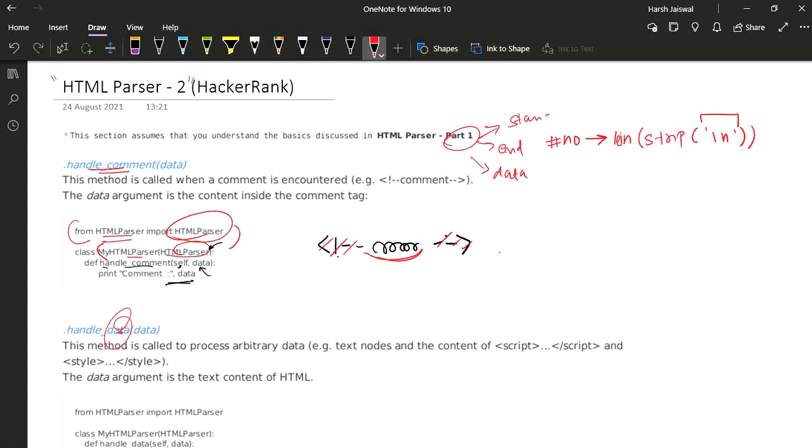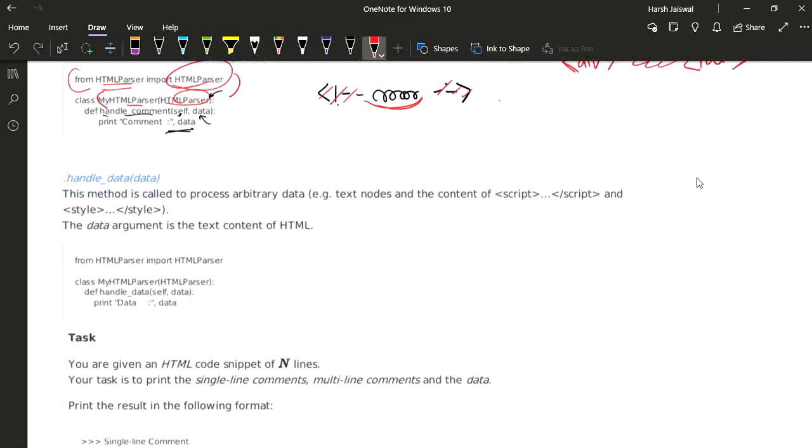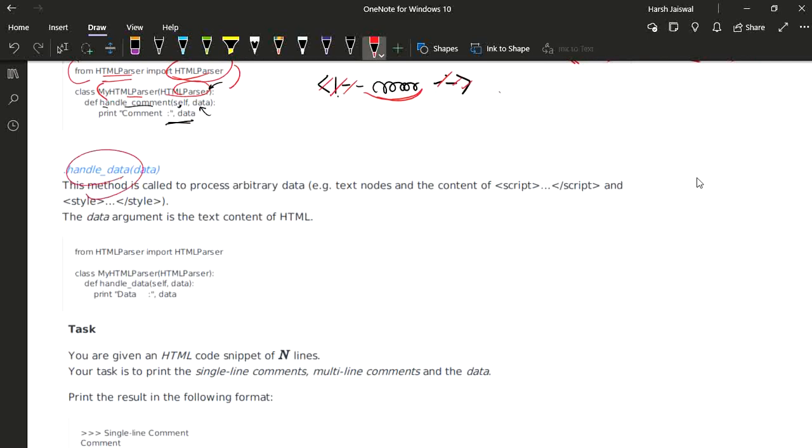The data which is inside those brackets will be printed. Then the second thing is, how do we extract the data when we have things like this, the start tag and the end tag? If we have this, then we use the handle_data method. This is the same method that we used in the previous part. It has an attribute called data, and it's the same stuff: you have a class with inheritance, then you define a method handle_data, and it prints the data.